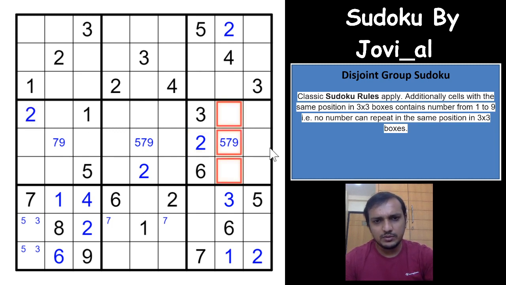And 1 cannot be here. 1 would have to be in one of these 2 cells, right? So we have a corner pencil mark of 1. That gives you a 1 in these 2 cells. You already have a 1 here, so this would be 1. Sorry, this would be 1. That gives you 1 in one of these 2 cells.